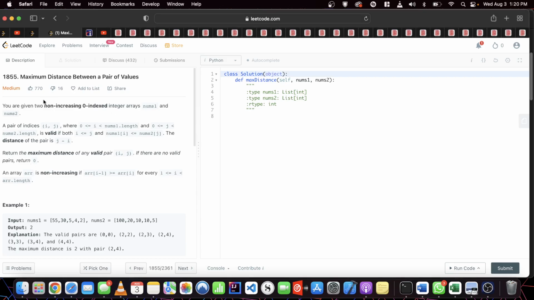Okay, we're going to be doing LeetCode 1855, Maximum Distance Between a Pair of Values. So you're given two non-increasing, which means decreasing, zero-indexed integer arrays, nums1 and nums2. A pair of indices i and j, where i is within the possible indices of nums1 and j is within the possible indices of nums2, is valid if both